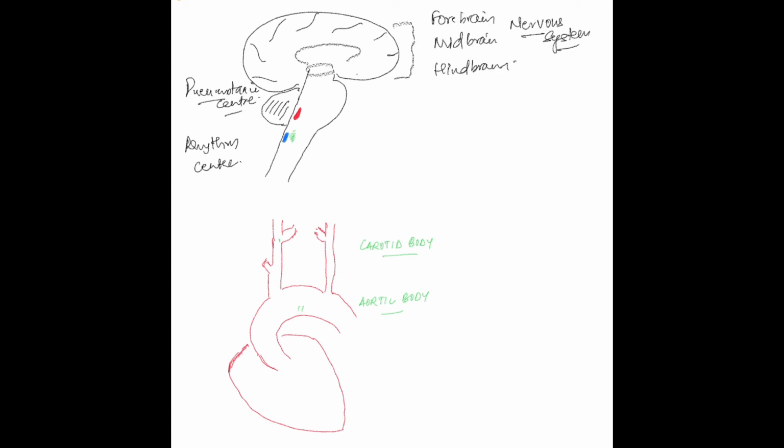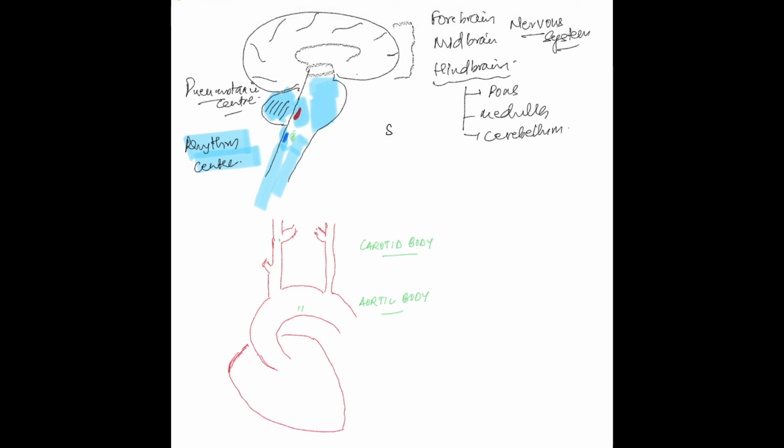We will discuss the nervous system in the chapter on neural control, but just to give you a brief overview, the human brain is divided into forebrain, midbrain and hindbrain. The hindbrain is made up of 3 parts: pons, medulla and cerebellum. This is the pons. Pons then continues below as medulla, and cerebellum is behind the pons. So to repeat again, the rhythm center is present in the medulla and the pneumotaxic center is present in the pons.